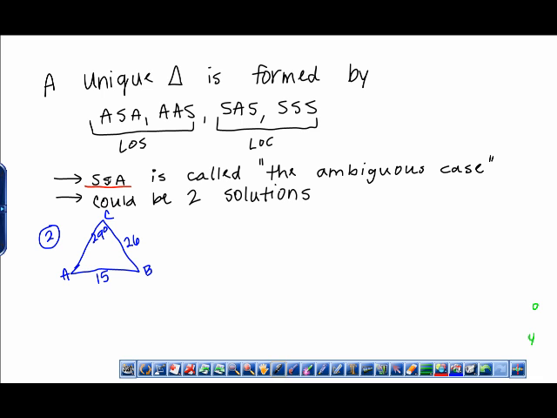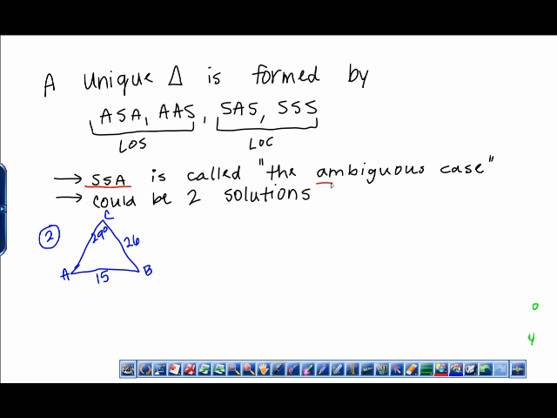The difference between SSA and SAS is where the angle is. If the angle is included between the two sides that you know, you're okay. That's a unique triangle. You know that triangle. If that angle, though, is not attached in between the two sides, but apart from it, this is called the